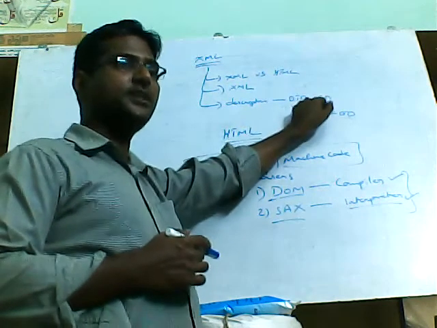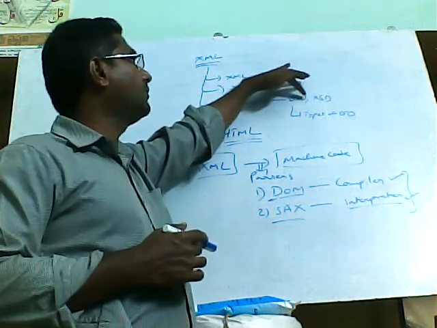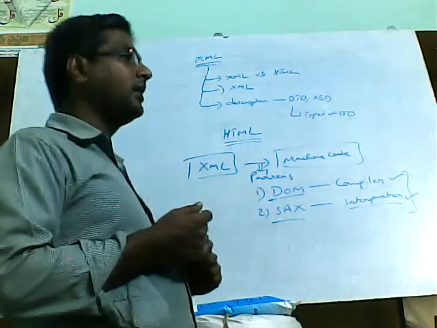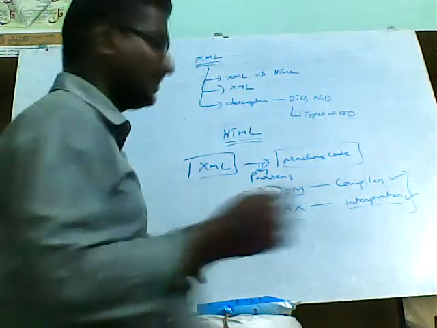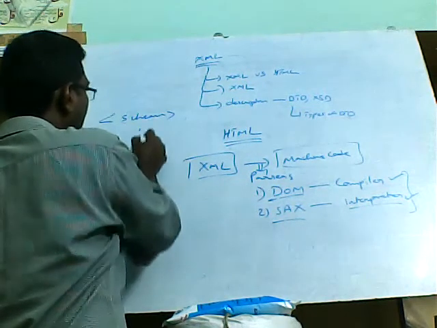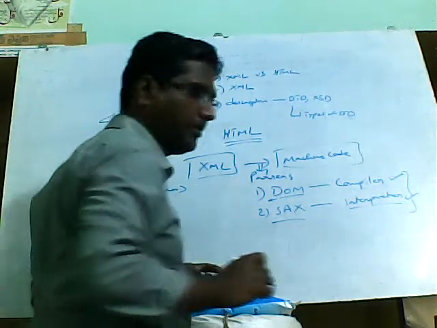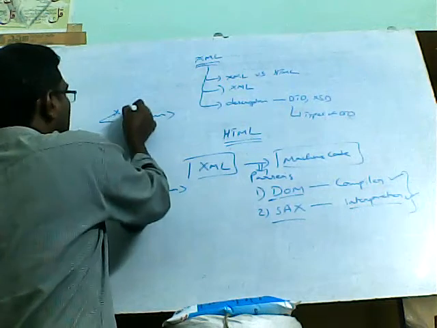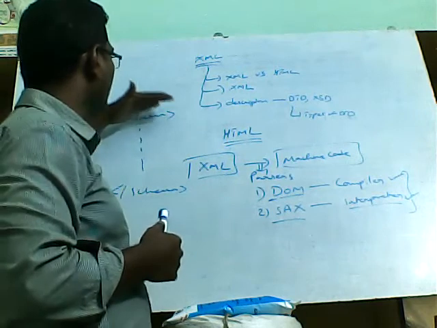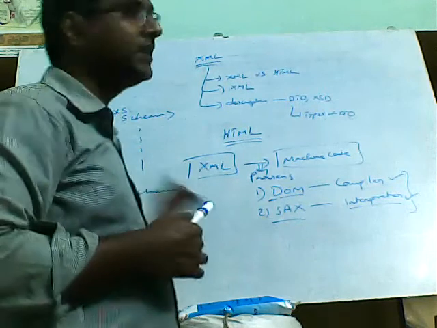XSD also is a very easy one. Just like how we wrote the DTD for an XML document, XSD is in a similar fashion. We will take one XML document and try to write the schema definition for that. Schema definition is very easy. We will just use the tag schema, and in between this we will be writing the definition of that XML document. There we will be using one concept, namespace. With the help of the namespace concept, we will be giving the definition of that XML document.